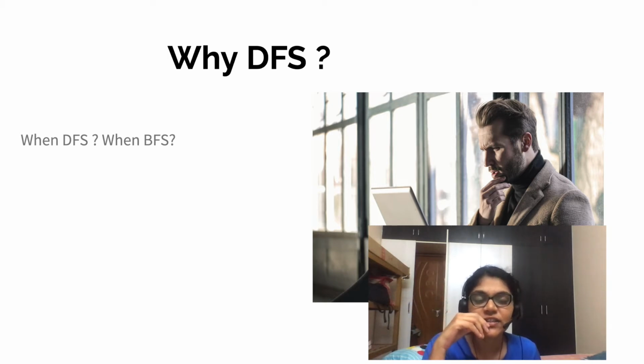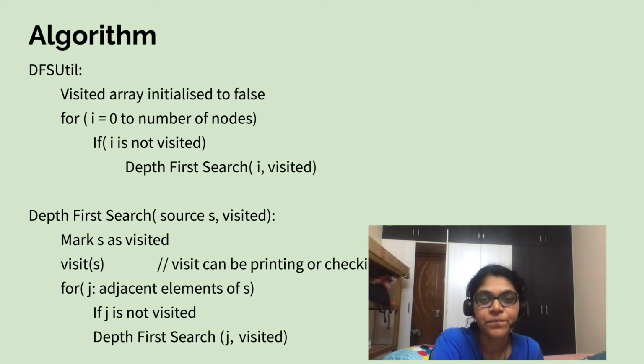Depth first search is used when the graph is deeper, and breadth first search is used when the graph is wider. We will see more applications in the next videos. For now, we can understand that when the graph is wider, the number of nodes to store in the queue will be more. Hence, depth first search will be an efficient technique to traverse the graph in such situations.